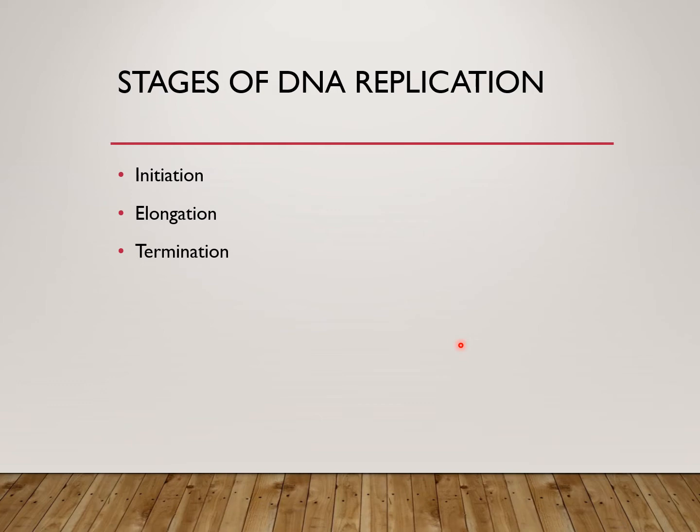We have also seen the mechanism of DNA polymerase, and we have also gone through the basic requirement of DNA polymerase. Now, let us begin with the stages of DNA replication. Just to remind you, this lecture covers DNA replication in prokaryotes. The stages of DNA replication in prokaryotes are basically three: initiation, elongation, and termination. Now, let us see each stage in detail.